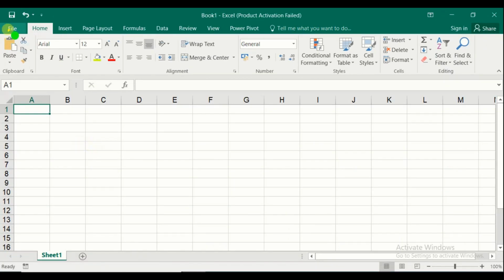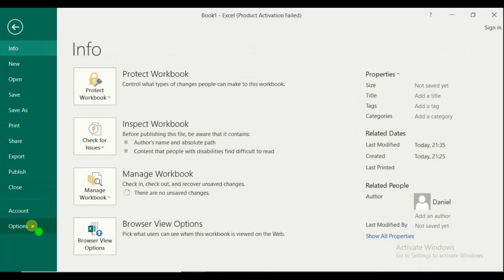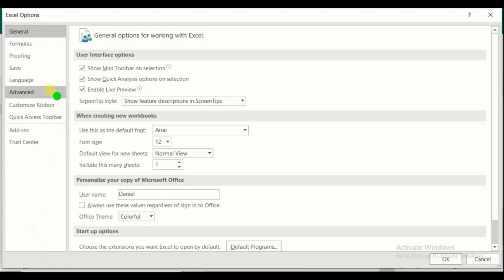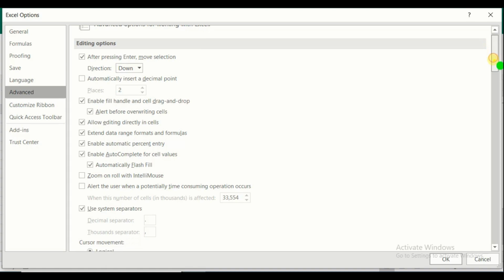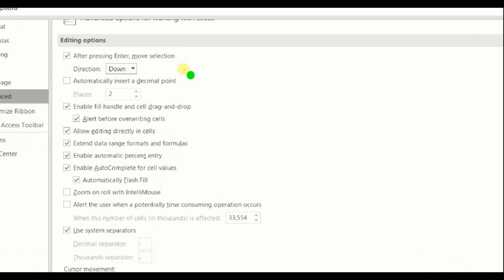Okay, let us refer to the next option. Options tab, then Advanced. The first one is from the Advanced tab. Under Editing options, we can find that the first option is Direction.